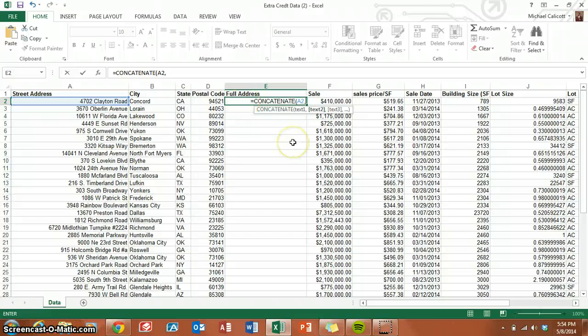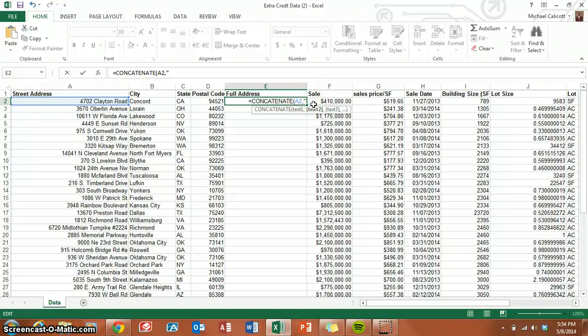So after you put in your first cell, which is the street address, 4702 Clayton Road, comma, before you put in the city, you want to open quotations, space,